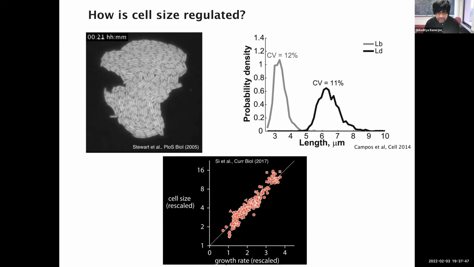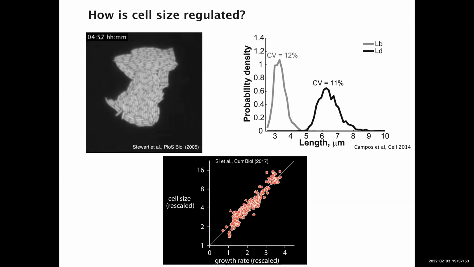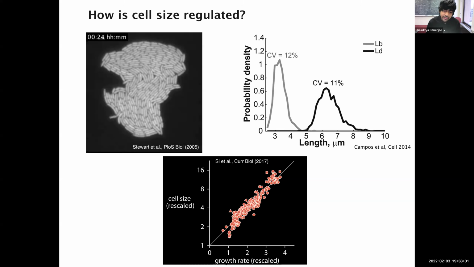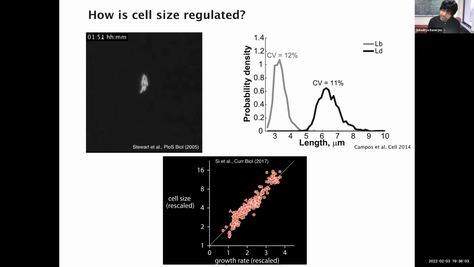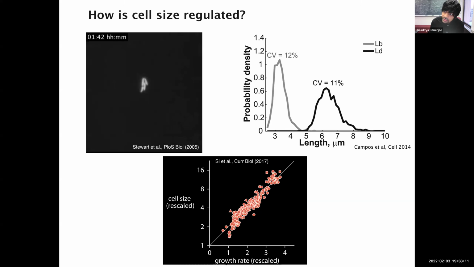Now, as a theorist, this graph, cell size versus growth rate, is this across species or is it for one species of bacteria? Yeah, that's a very good question. This is for a single E. coli species. I'm going to later show you data for other species. So this is for E. coli cells. E. coli cells are commonly found in the human gut, and it's one of the most well-studied